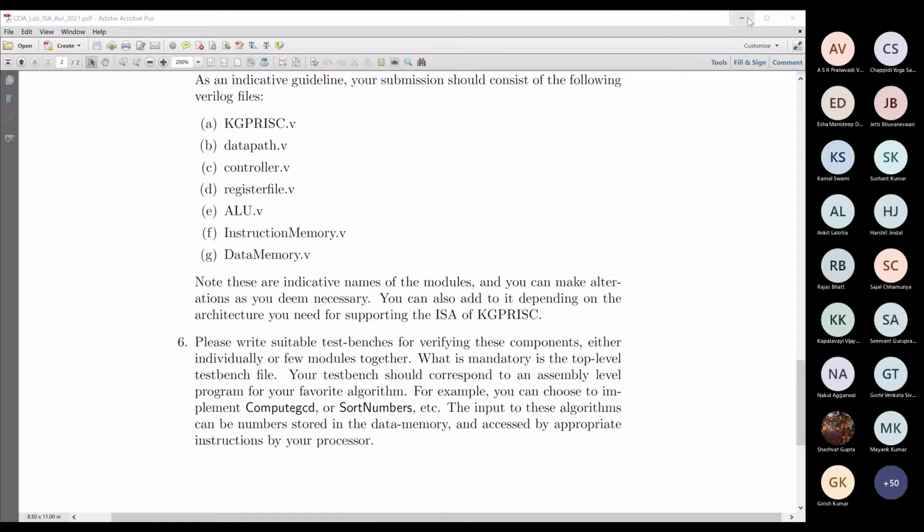So you can write what is called a COE file, and that will give you the content of the block RAM, and that will comprise all this sequence of instructions, like the 50 odd instructions that we will be needing for implementing a specific algorithm. Then after that, it will be a pure simulation, where you will be just reading from the block RAM, and your processor data path and your controller should be operating with each other and execute the algorithm.